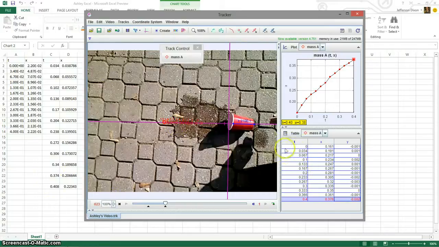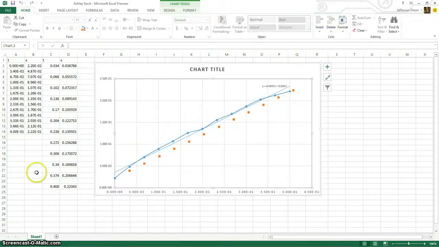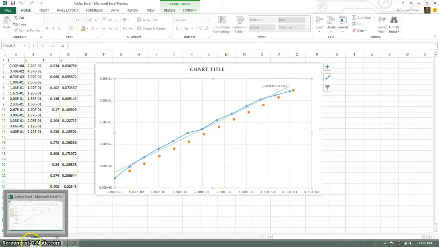And I imported this information into an Excel spreadsheet, which, as you can see, corresponds to the points here on this blue line. And I found the line of best fit in order to find the slope, which in this case is 0.4937, which is the velocity that the water is moving at. I then used this information in